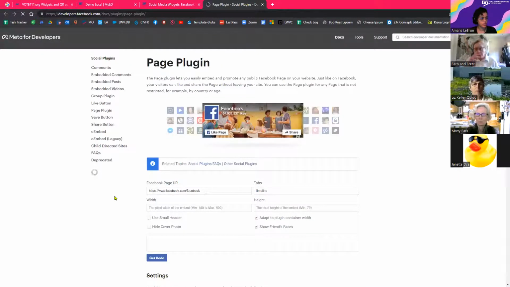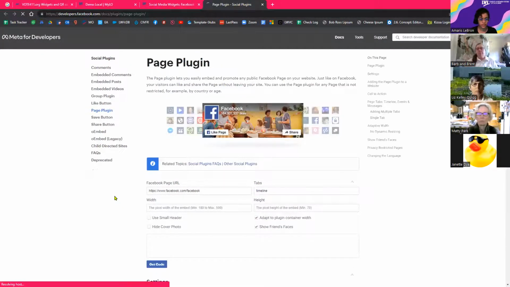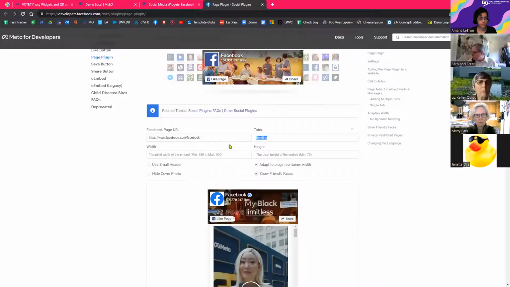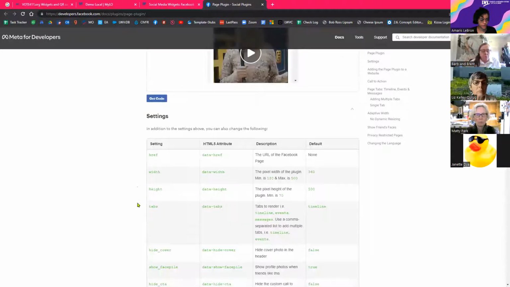So I'm going to go to the Facebook. It's called a page plugin, but it's essentially the little widget of a timeline. Down here below is where we start to specify the details of our widget. Automatically, it fills in timeline for the tabs. I believe that if you go down below, it gives you more information about the types of tabs you can have. So if you wanted to have events,